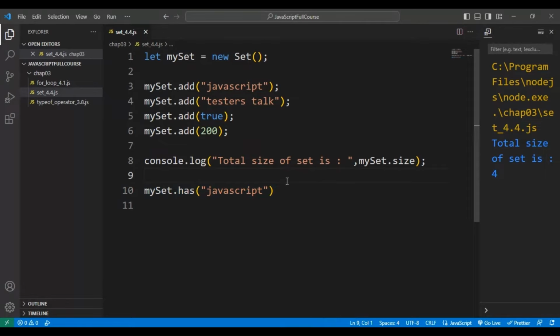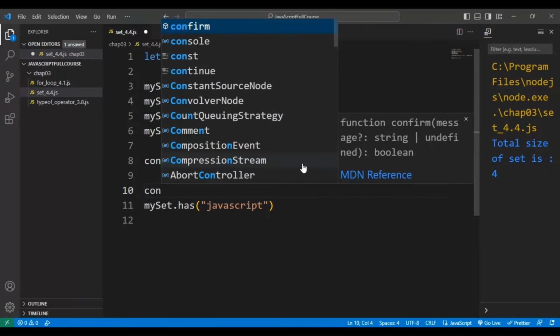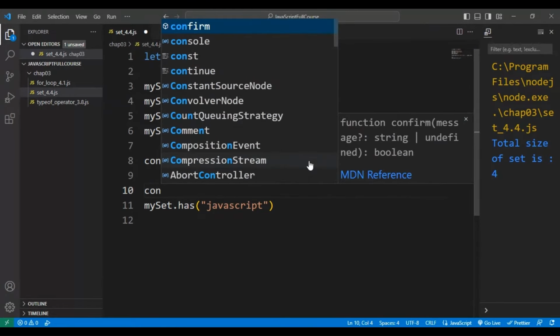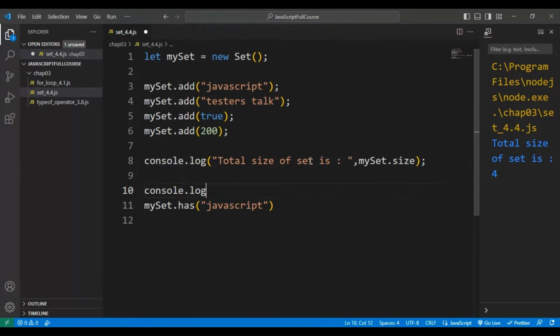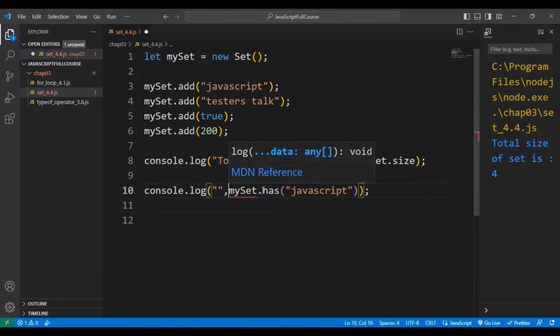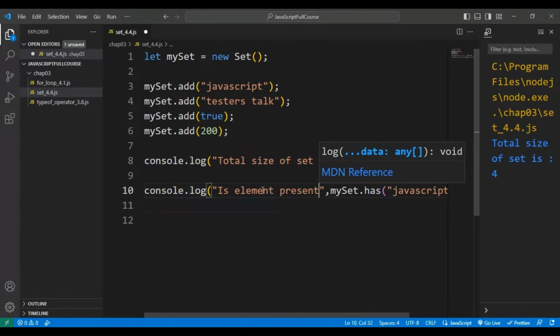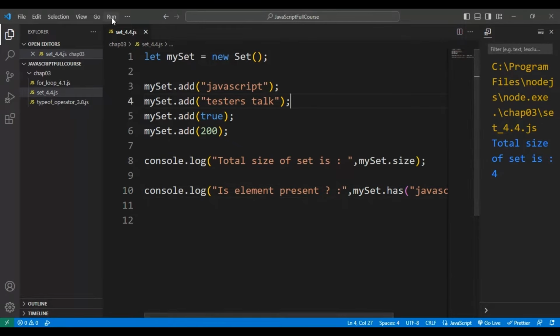That's the reason I will write it inside the for loop so that we can print the output. Here I'll say console.log, and I will pass this particular mySet.has inside the console.log, and before that I will add the message as "is element present". Then I will put the question mark. That's it, guys. Now let's run the program,